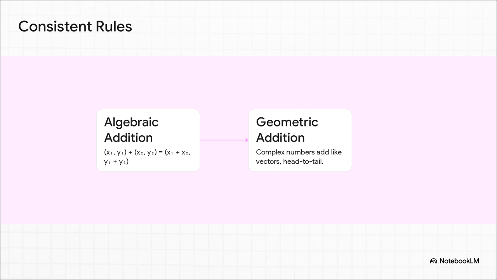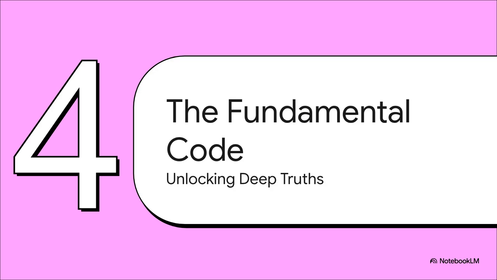I mean, look, when you add two complex numbers with algebra, you just add the real parts together and the imaginary parts together. Simple enough. But when you represent them as arrows or vectors on that complex plane, adding them geometrically works exactly the same way. You just put them head to tail. The rules were the same. This wasn't some fluke. It was a real, solid, logical system. So once they had this solid foundation, both visually and algebraically, complex numbers started to, well, they started to show off. They began unlocking some of the most profound and beautiful secrets hidden deep inside the world of mathematics.